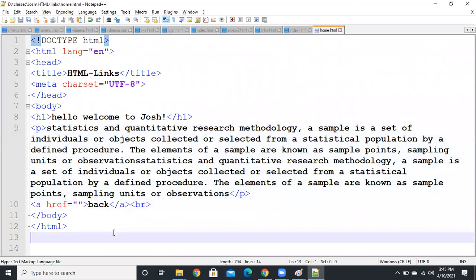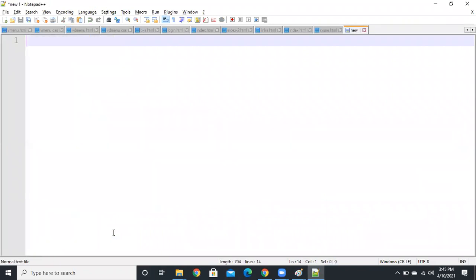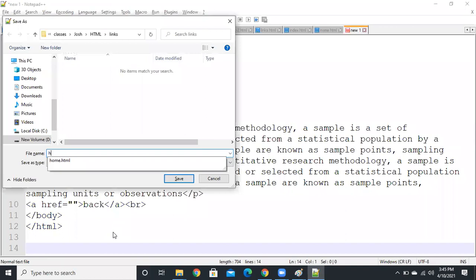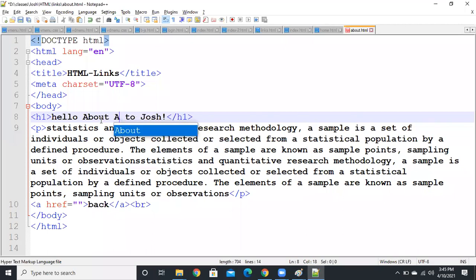Next, I am going to create one more page, that is about.html. New, save as about.html, guys. I want to add some content, welcome to the about page. Okay, I just created three files.